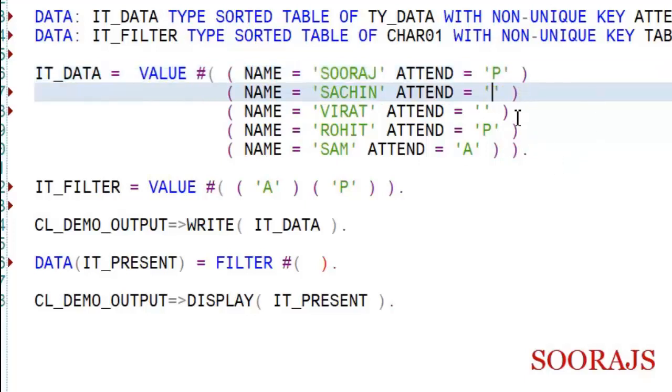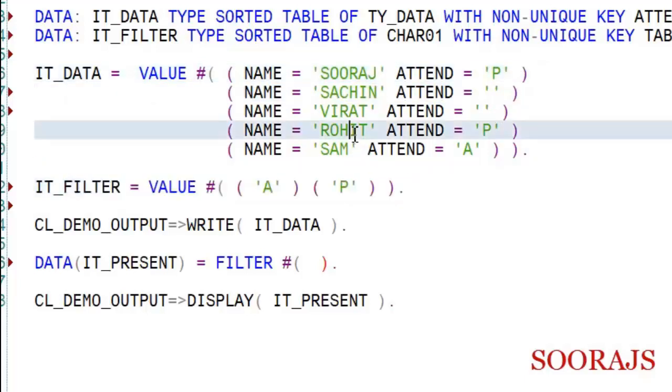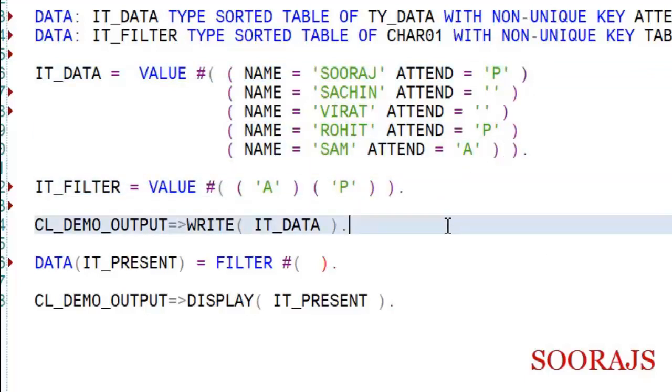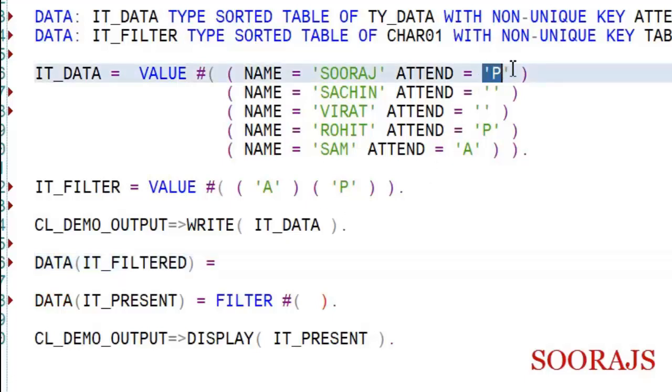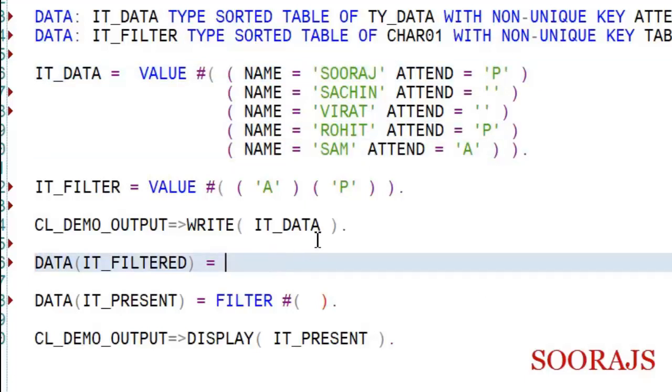I'm removing these two and keeping them blank, but I have a filter table for A and P. So basically Suraj, Rohit and Sam should be coming up in a table. So that table I'm going to design now. I'll call it IT_FILTERED. I am going to filter out entries and store them in it. So it should have Suraj, Rohit and Sam. This is what I want.